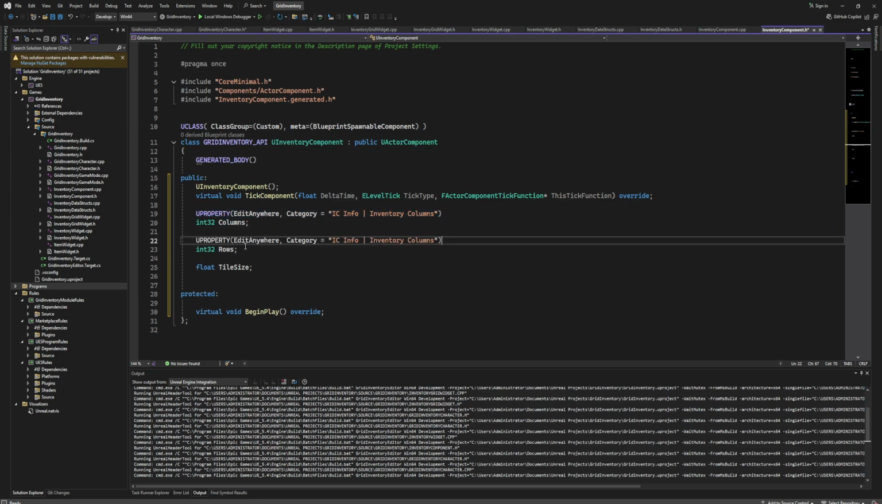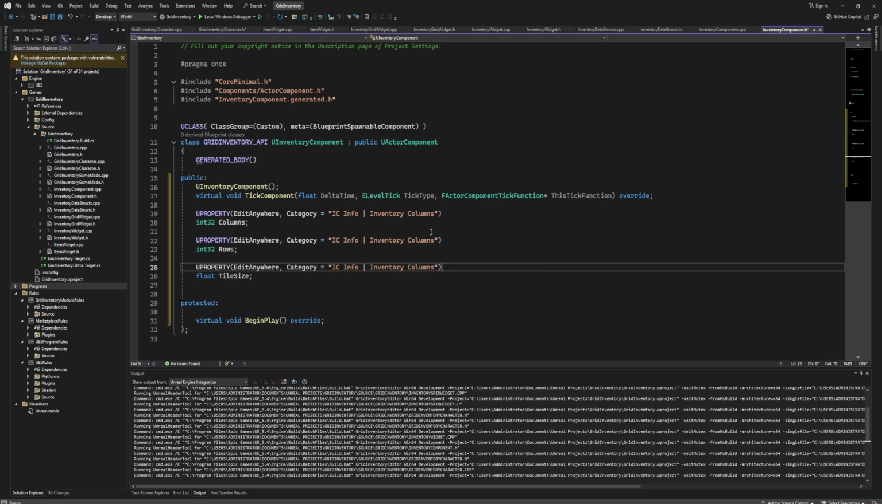So let's do that for rows and the tile size too, but we're going to edit this. We don't need columns but for rows, and here we need a tile size. Okay,